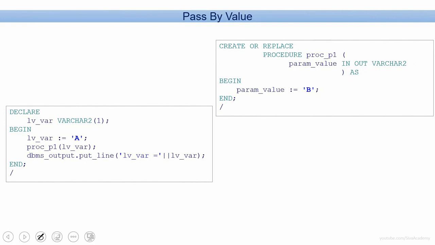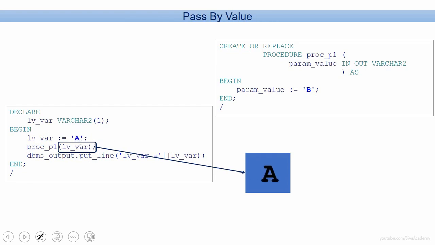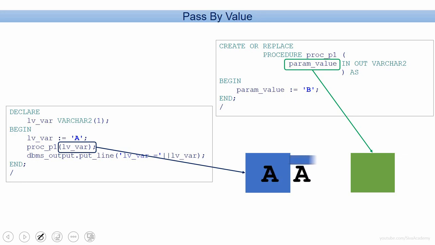When the anonymous block is executed, a memory location will get created to hold the value of the actual parameter, and this will be initialized with the value we have initialized for the variable. While calling the procedure, another memory location will get created to hold the value of the formal parameter, and the value from the actual parameter will be copied to the memory location of the formal parameter.